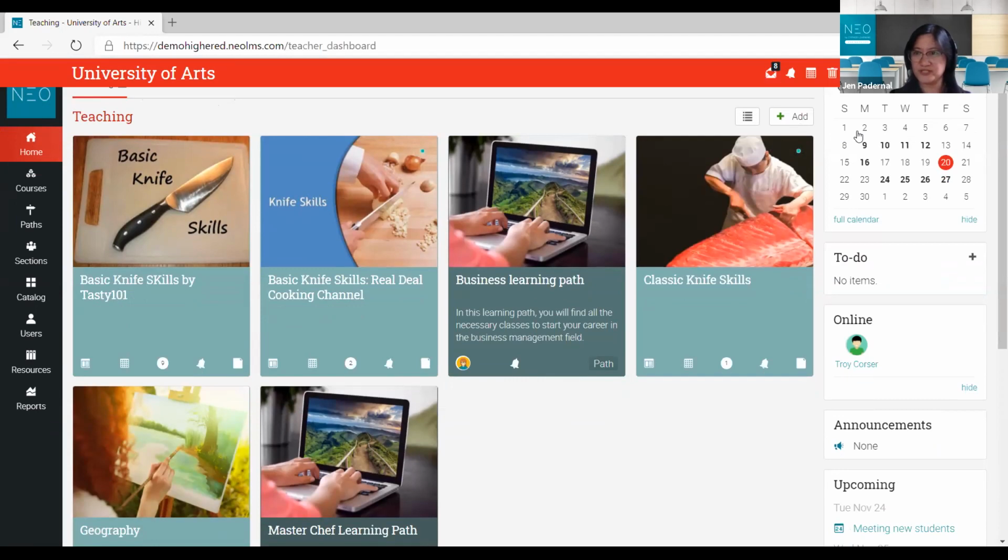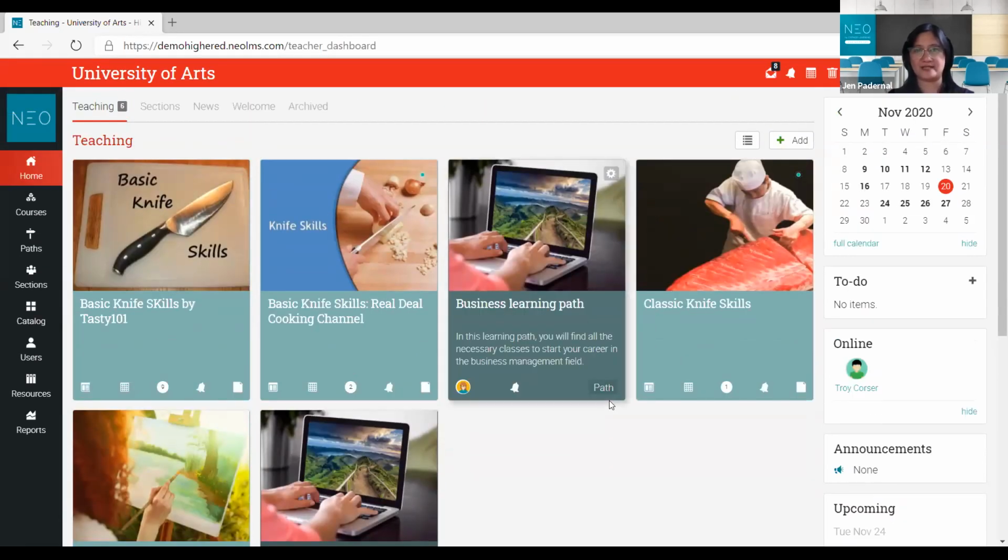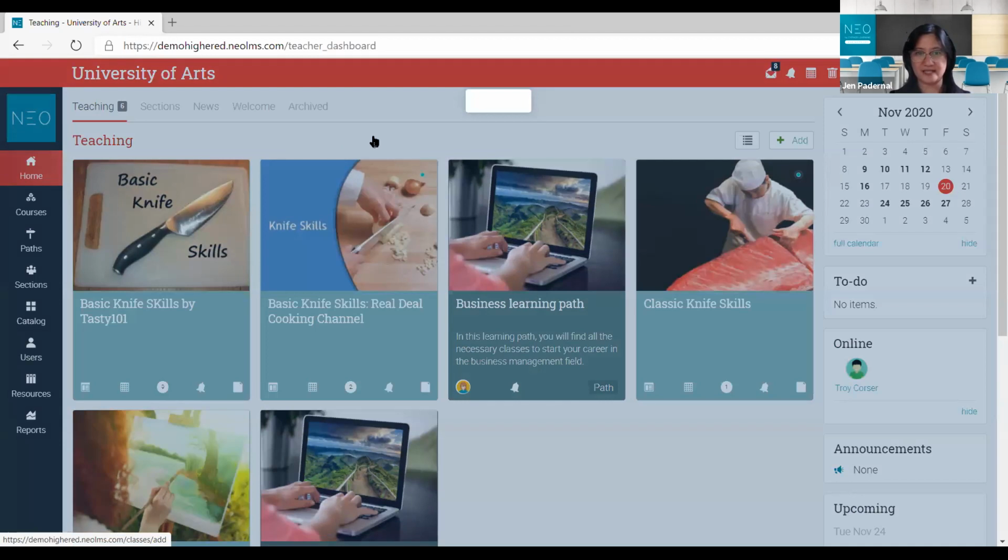Over here, when you log in as a teacher in Neo LMS, the teacher dashboard will show you the add button. When it's your first time logging into Neo, you're not going to see all of those subjects here. You're going to see a blank canvas, but there are tips on what to do next. For example, it will tell you that you don't have any courses yet, and you can click add to start creating your content. So I will click add here, and then I will click class,